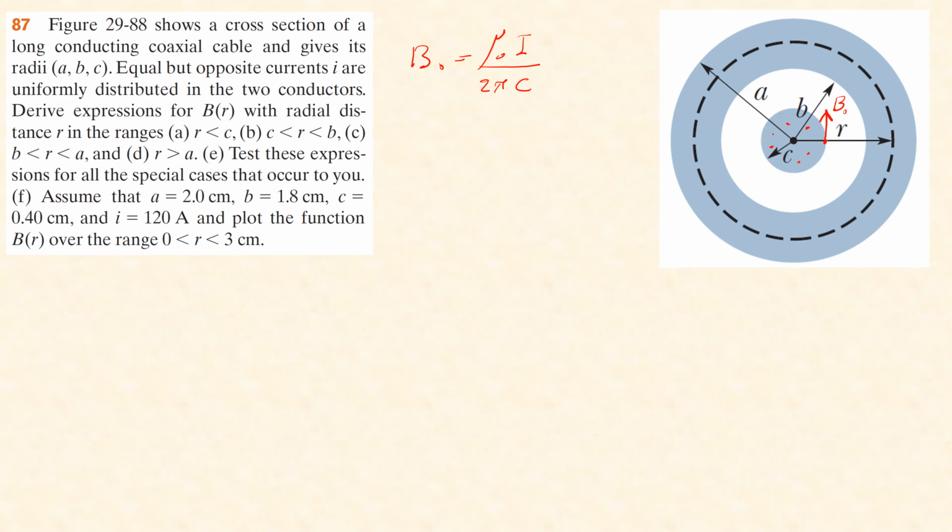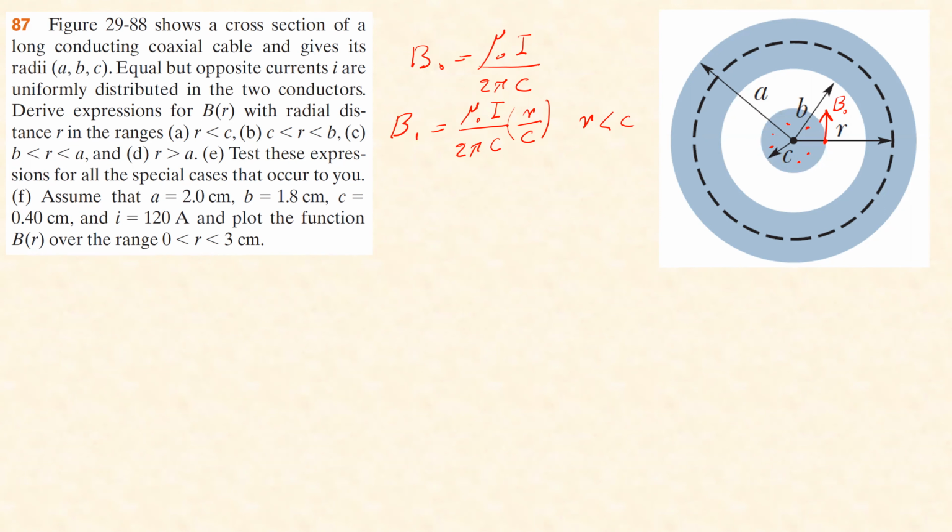All right, this is for the surface. We said that anywhere inside, it will be linear from 0 to the surface. So it means B1, let's call it, is mu naught I over 2 pi C times R over C. Right? Because this is linear. If you put R equal to 0, you get 0. If you put R equal to C, you get the same as B naught. So this is for R less than C,